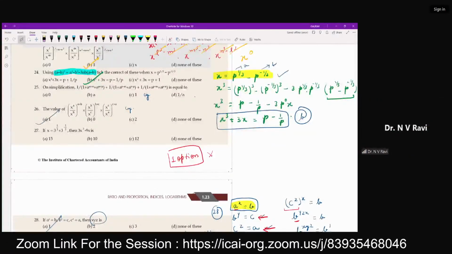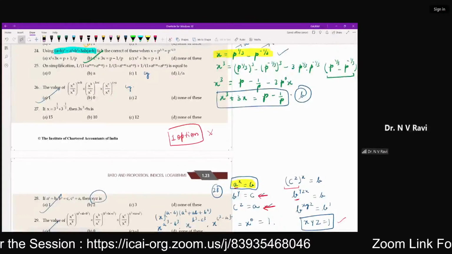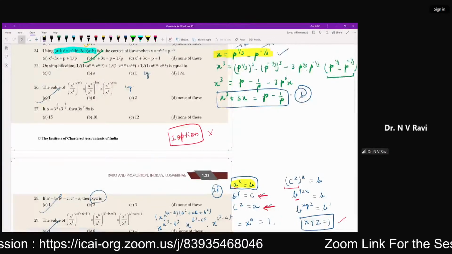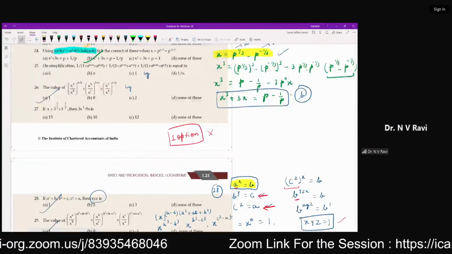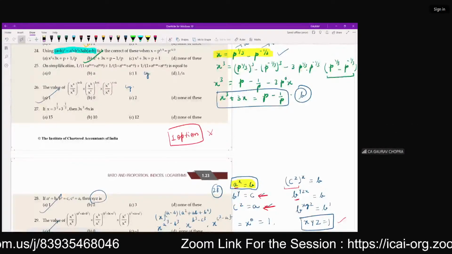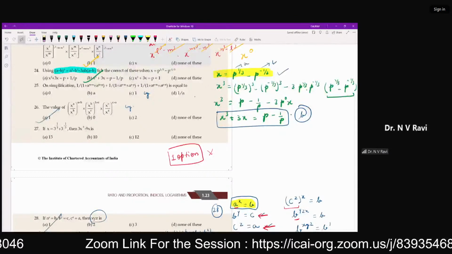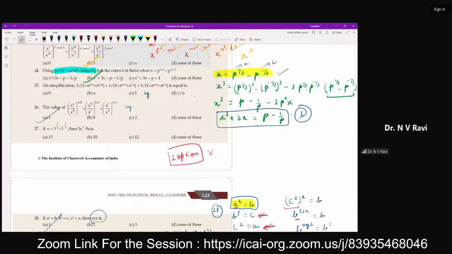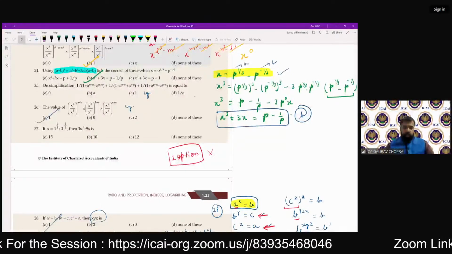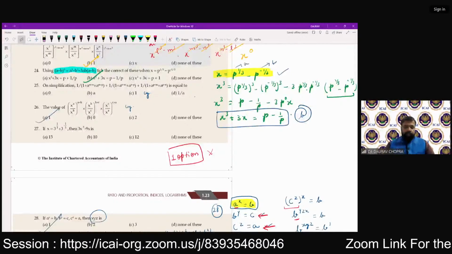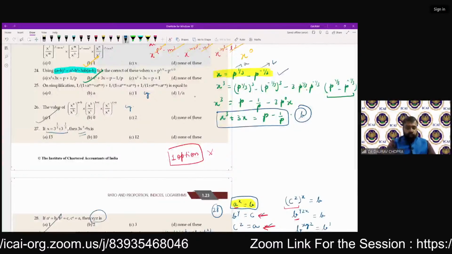If x equal to 3 to the power of 1 by 3 plus 3 to the power of minus 1 by 3. This is algebra, by cubing on both sides you can easily get the answers. Yes, please quickly answer this question. If they understand the formula related to a minus b whole cube, they can easily solve. So you have to simply apply that formula, a plus b in whole cube, like taking cube on both the sides, and after taking cube you will get this as your result.